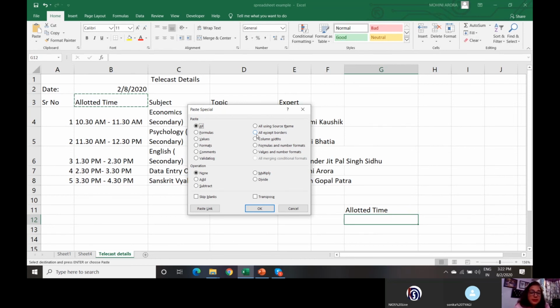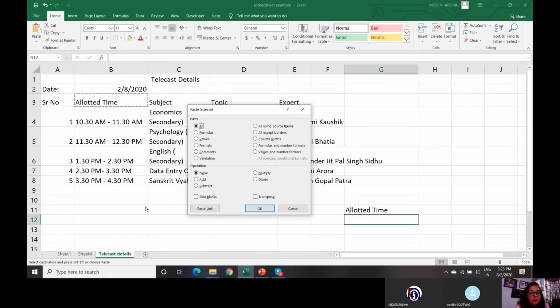Your Excel application even gives you the option to skip blank cells. You can see there's a checkbox here by the name skip blanks. If you check this particular checkbox, then when the data is being copied, if there is any blank cell, that will be ignored.